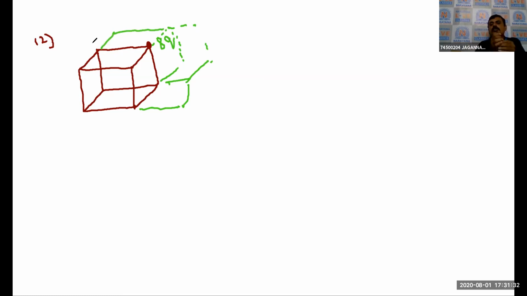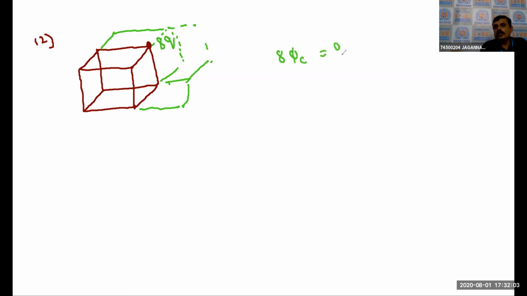See, this is a charge, no? Only the bottom side we are closing, three sides. One cube is given, three more cubes are required to close the bottom side. To close the upper part, it also requires 4 more cubes. Total how many cubes are required? 8 cubes are required to enclose the charge. So here the total flux due to the 8 cubes is equal to how much here?